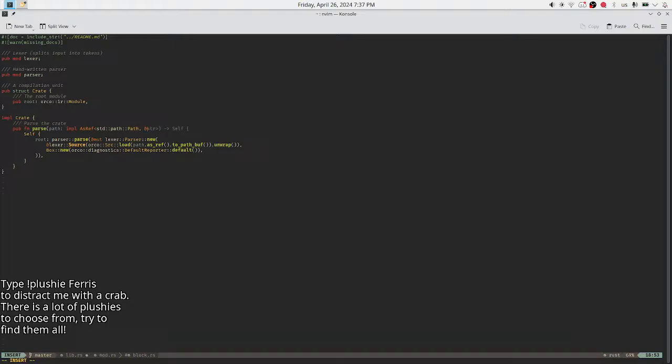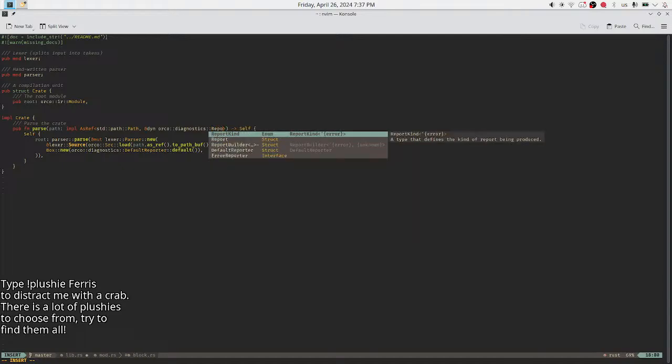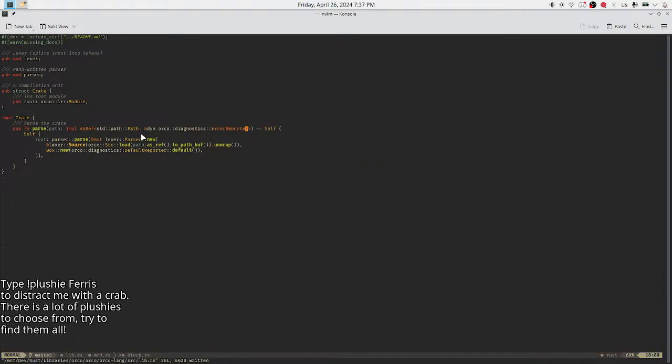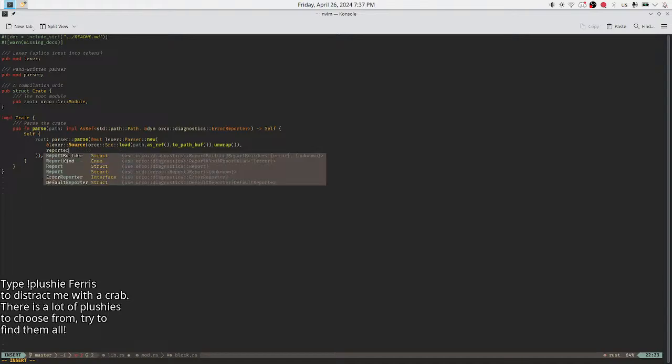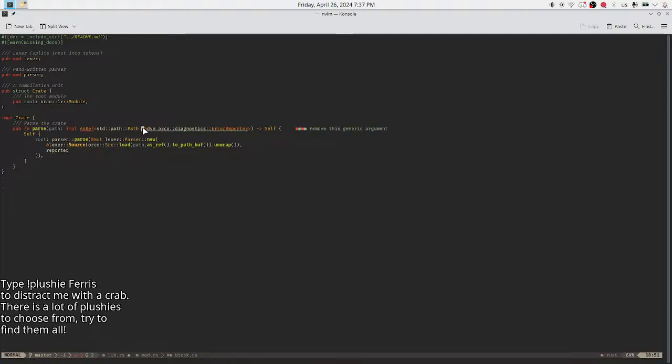Borrow of dynamic of Oracle diagnostics reporter, and then put it here. Reporter, which is the name, and fix the code to work with it.